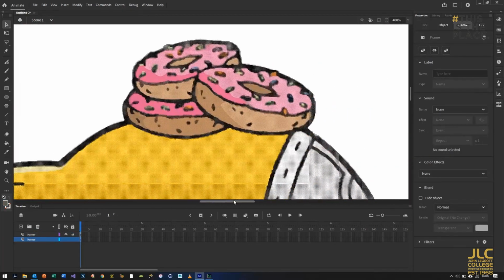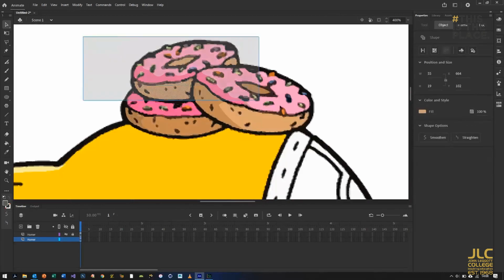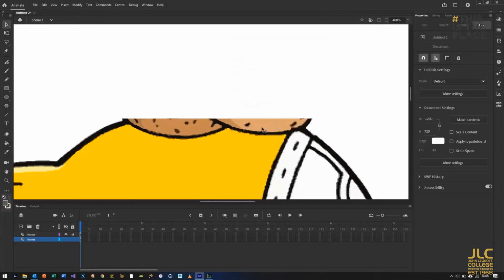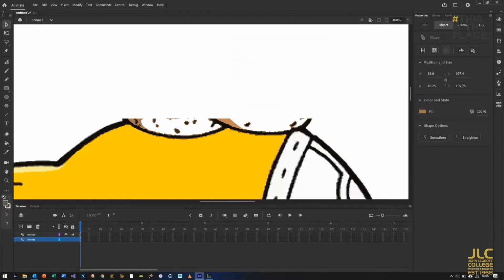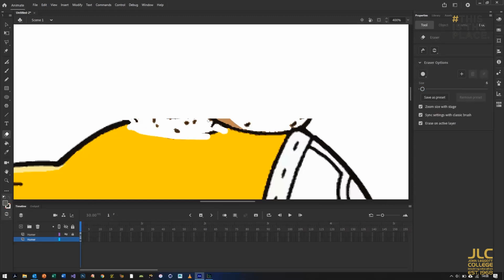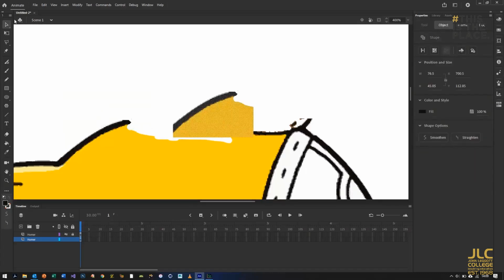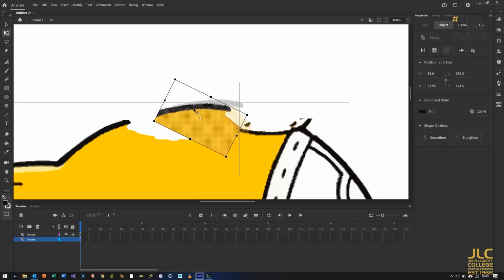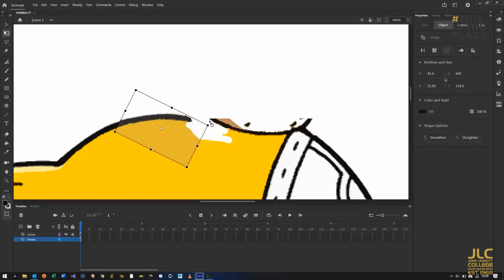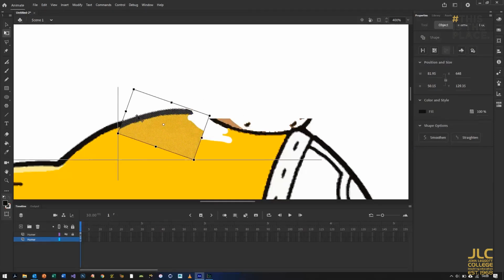So I want to separate different things so that we can animate them, bearing in mind that certain parts will need repairing, like here. So I've duplicated the layer, and I'm keeping one aside so that we can keep the donuts and we can have them as a separate object. So for the original Homer layer, I am just erasing, using the eraser tool to delete parts that I don't want, and I'm just using the select tool to copy and paste and then free transform